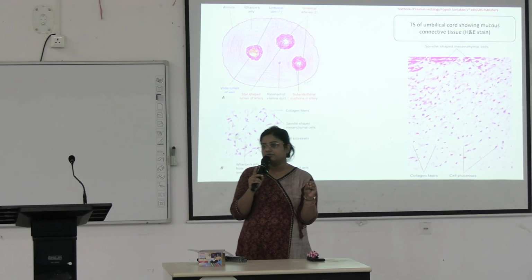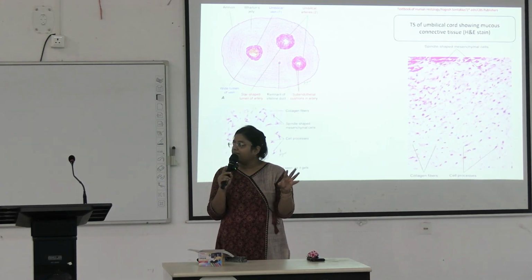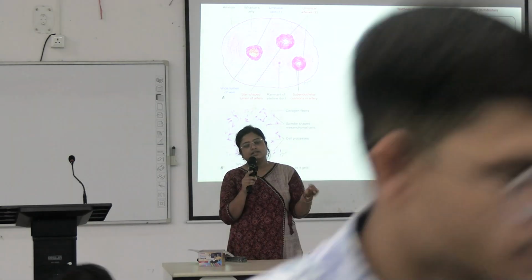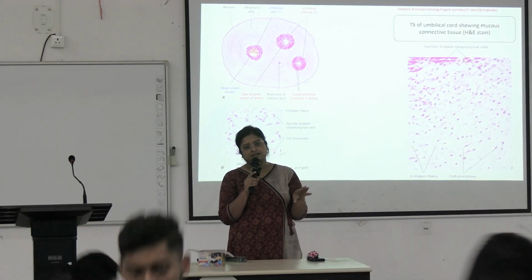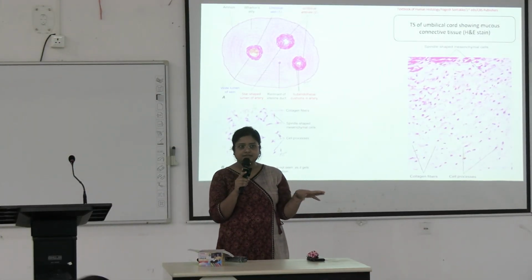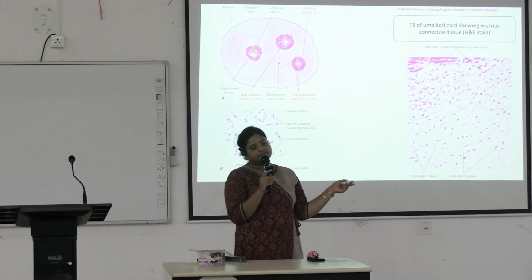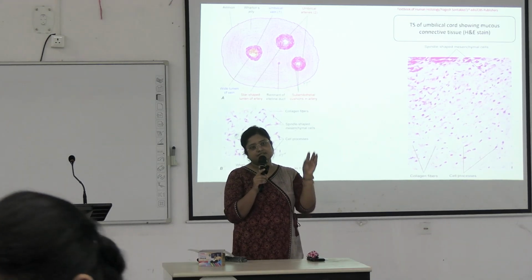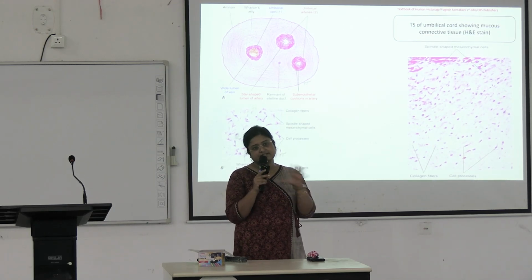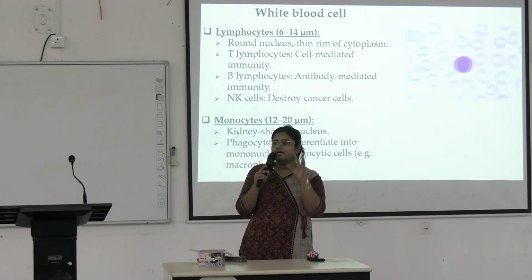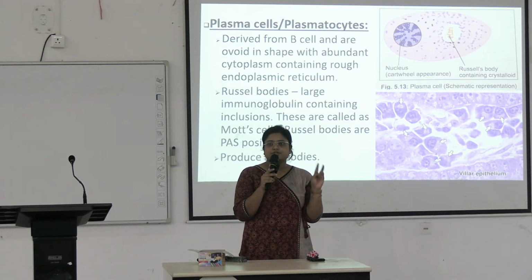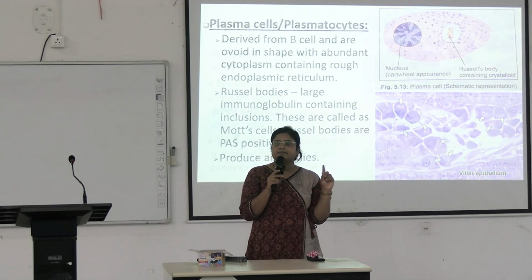For embryonic connective tissue, you will see slides of the umbilical cord, Wharton's jelly. For dense regular connective tissue, you will see a section of tendon. For dense irregular connective tissue, you will see the dermis of the skin. For loose areolar connective tissue, you will see an artery. In the artery, focus on the tunica intima and tunica adventitia, which are examples of loose areolar connective tissue. And the stroma of the ovary is also loose areolar connective tissue. So all those slides you will see under the microscope today.